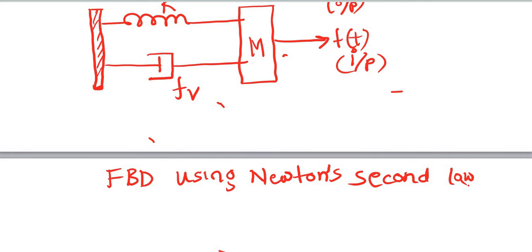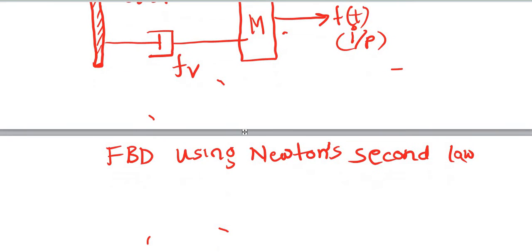Okay, so the applied force F(t) is equal to... So first let me draw the free body diagram. As I told, this is not the free body diagram. First let me draw. So in this problem,